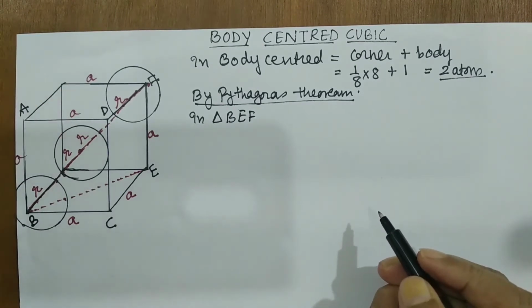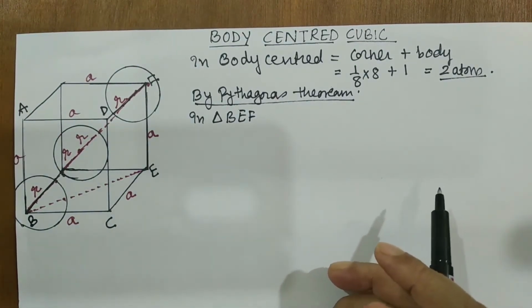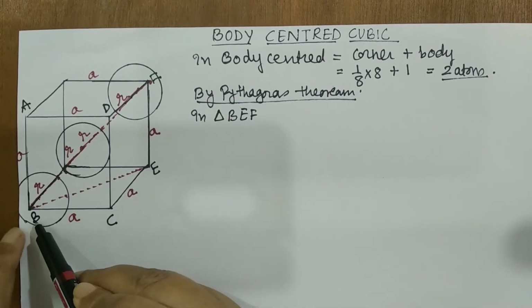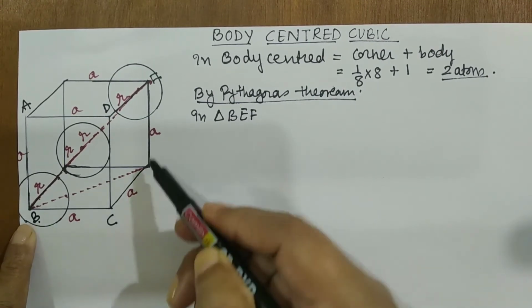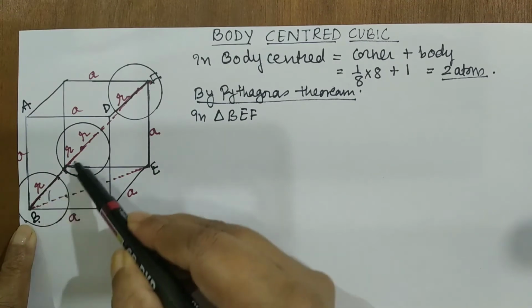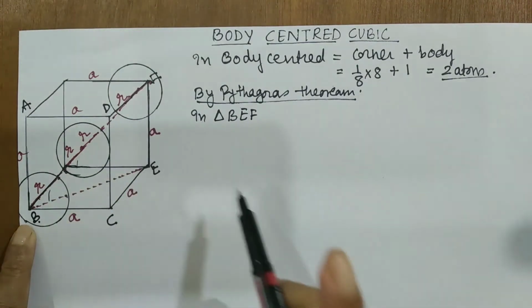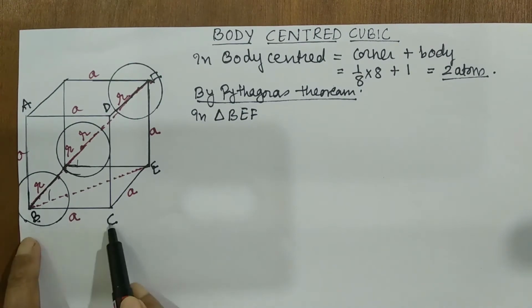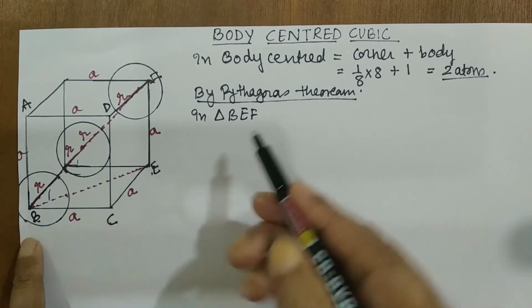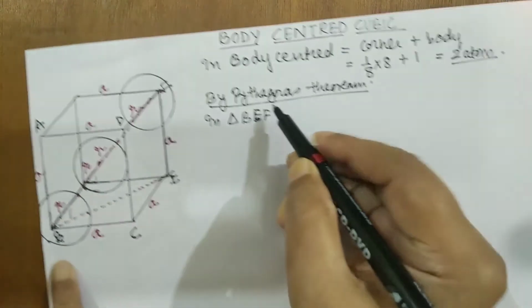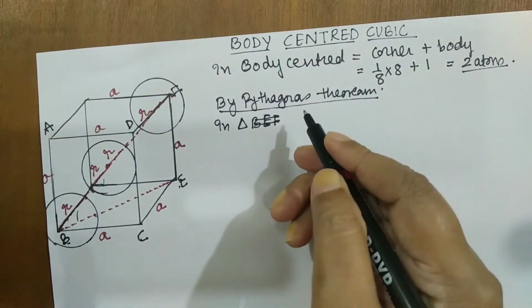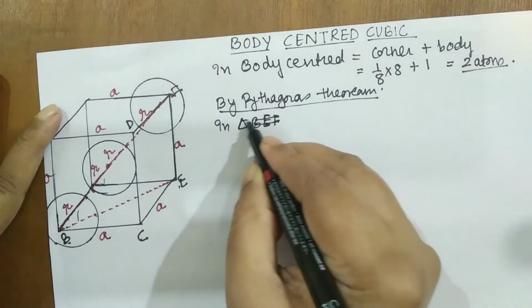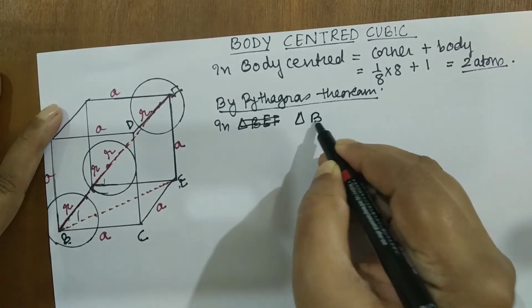So which particular triangle I am considering is BEF. So this is B, E and F. So students, I am considering this bigger triangle first, and then I will go for BCE, means this smaller triangle here down. So let us start with BCE first so that it will be easy for you. So start with triangle BCE.